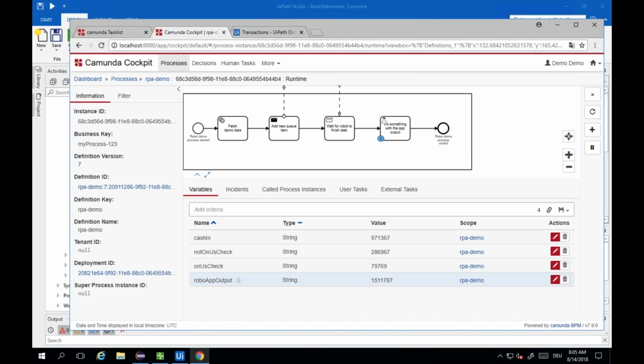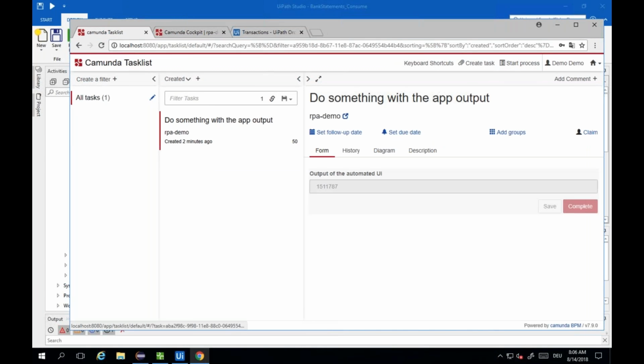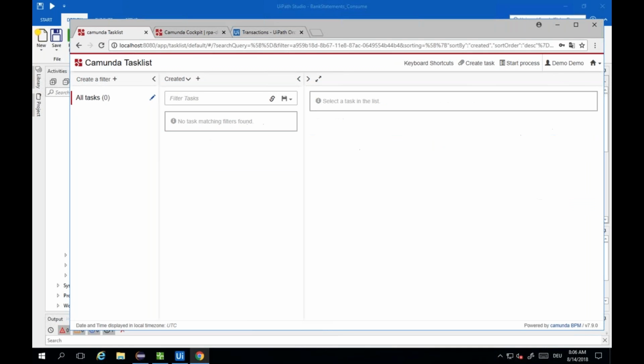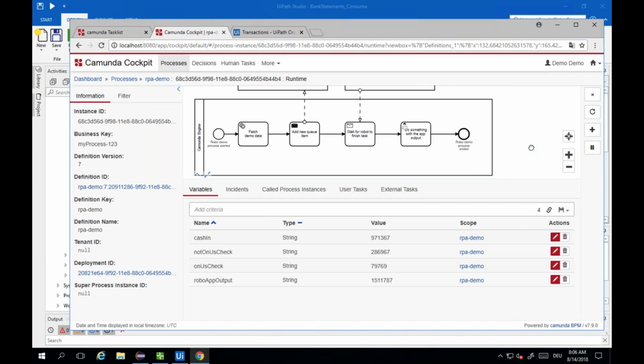to be taken. Actually, what we did is we sent these 3 variables to the robot. These were the numbers that were filled in within the UI, and that one was the result of that UI interaction. And now we can also see in the task list that we have a new task to do something with the app output. We can see the app output here again, and if we just claim and complete, then the whole process will be completed. Yeah, I think it makes sense to do it one more time so that you can